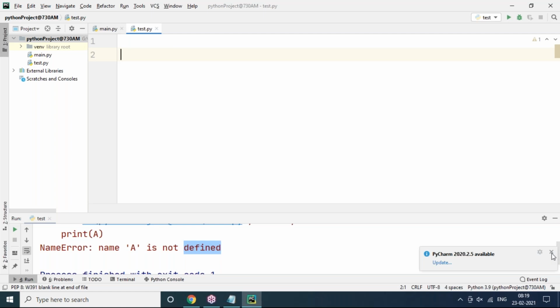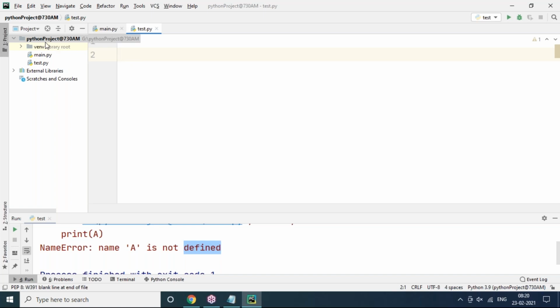Only the thing is, additional libraries like data science modules you have to install explicitly in the PyCharm editor. But when we go for Jupyter Notebook, there's no need to install those additional modules. Directly it will come over there. Even you can write code in Edit Plus, Notepad, or any other editor, but that's not purely for Python. This is completely purely for Python. So this is the PyCharm editor setup and writing the code.